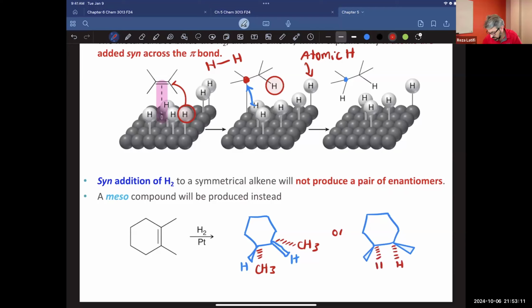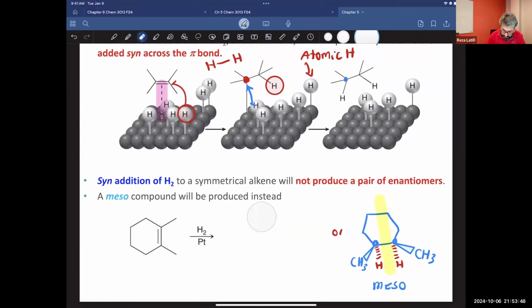Let's put hydrogens here. Maybe I should also put the methyls in the same position. So just to be, let me erase that part. Put the methyl in the same position. So I got CH3 here, CH3 there. This molecule clearly has plane symmetry. So this molecule, even though it has stereocenters, those are the stereocenters. It has two of them, but it will be meso because it has a mirror. And if I redraw this molecule,